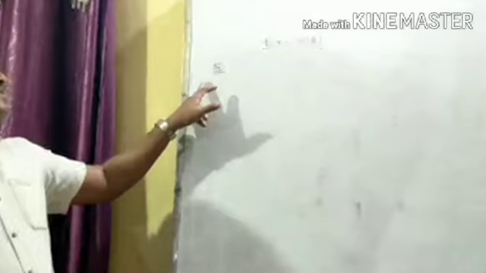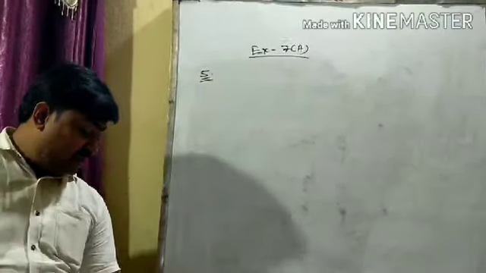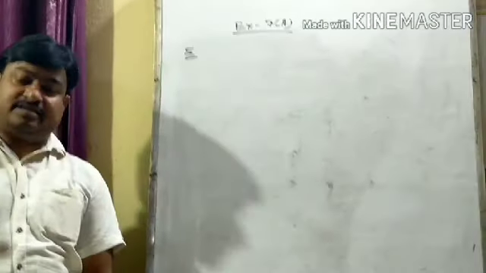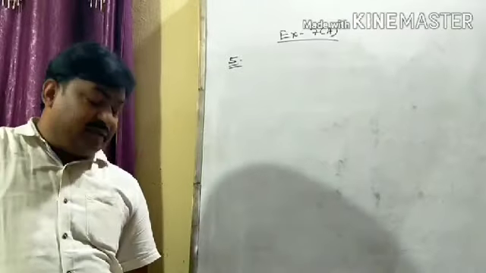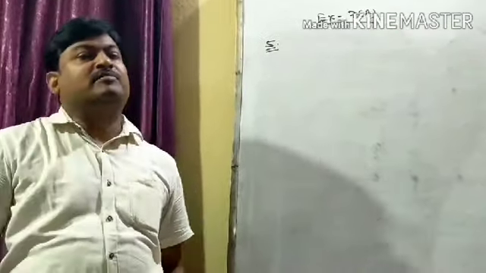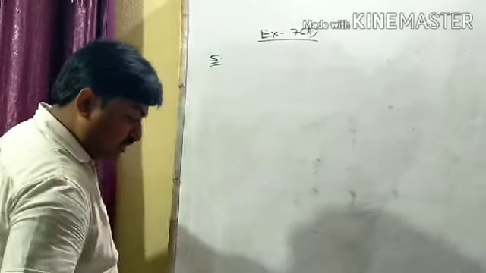Now, student, the next question we are going to discuss is question number 5. Question number 5 is, a typist takes 80 minutes to type 24 pages. Means in 80 minutes, a typist can type 24 pages. How long will he take to type 87 pages? So, if you want to type 87 pages, how much time is needed? So, to solve this question,